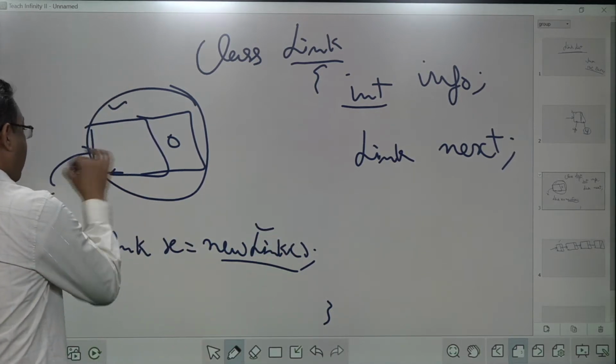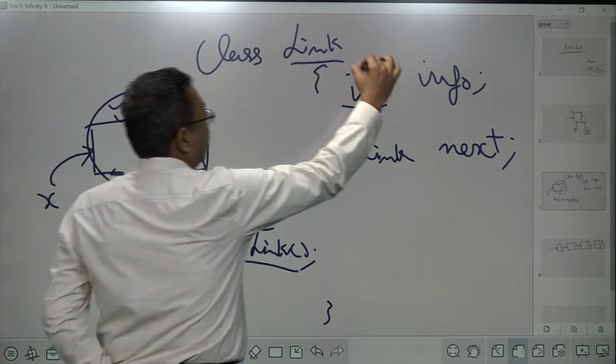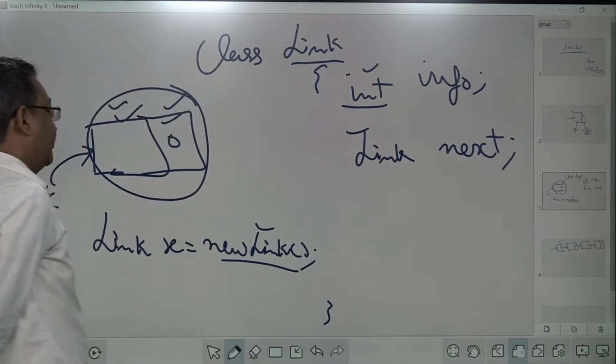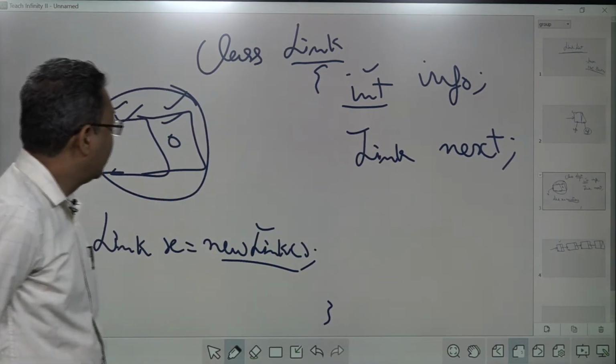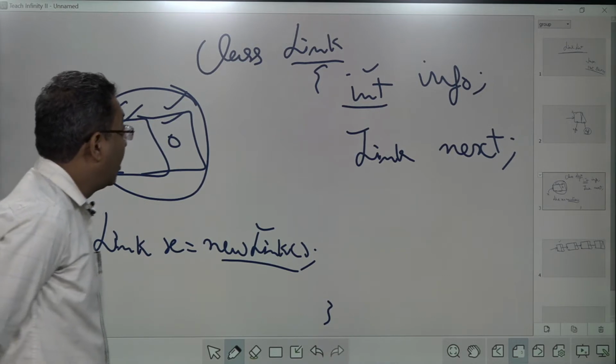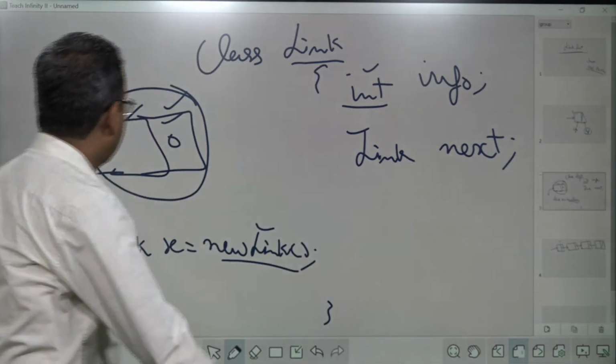So this is the way it will contain two parts. One is this, another is this. So these are the two parts that must be there in the storage that can store the information.